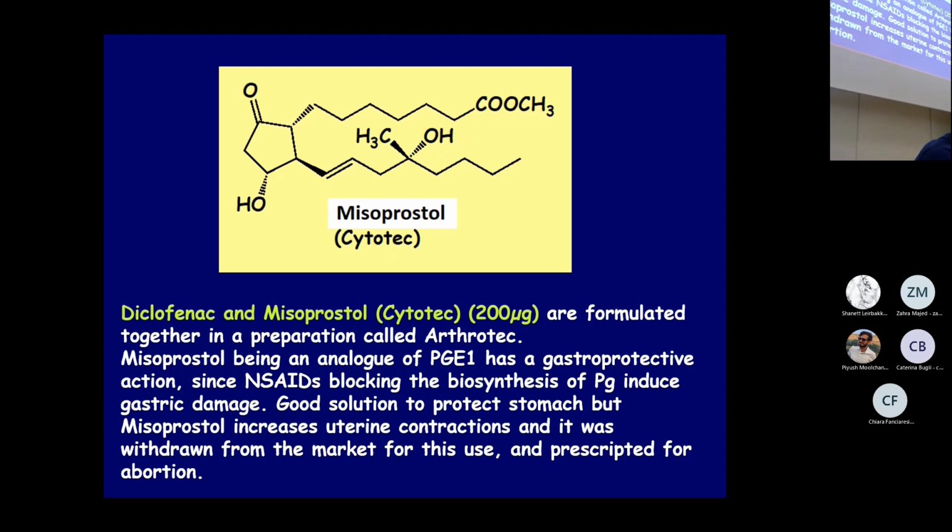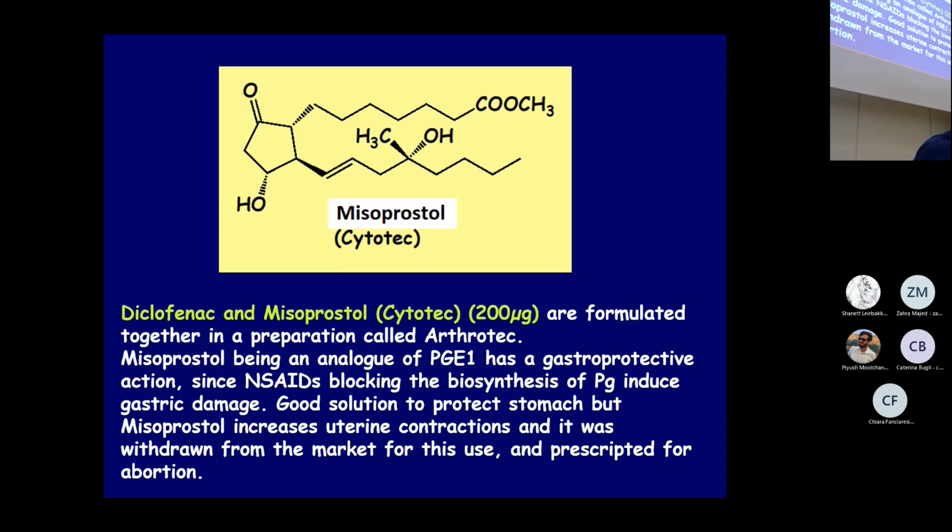Very smart solution. In particular, you see here misoprostol. You can see the backbone of a prostaglandin. This strategy in that time was really smart, but